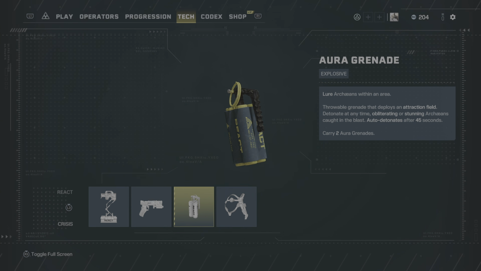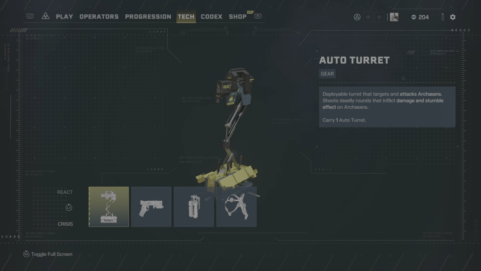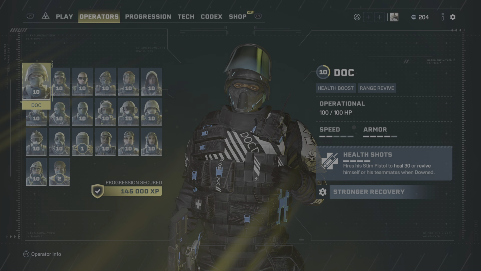But if you can only buy one, I would say buy the Ore Grenade first, the Auto Turret second, the Repulsion Harness third, and the Rush Pistol. I've never used it. I have seen other people use it. But this Ore Grenade is a game changer. It's the number one tool. This and the Recon drone are the number 1 and 2 tools that allow